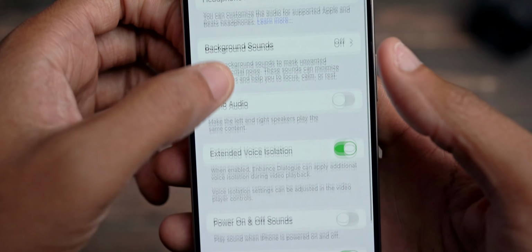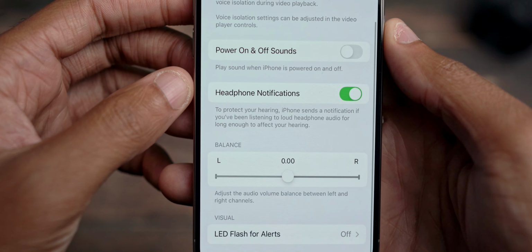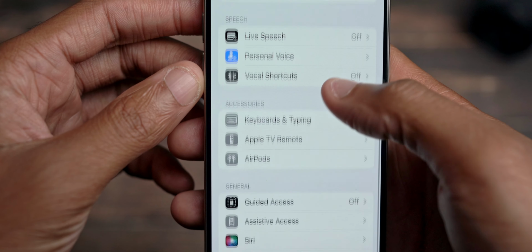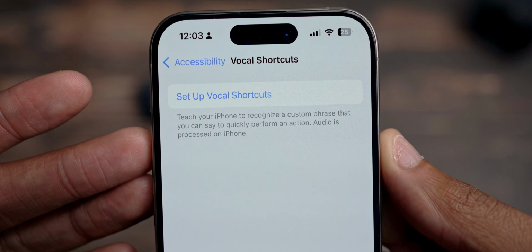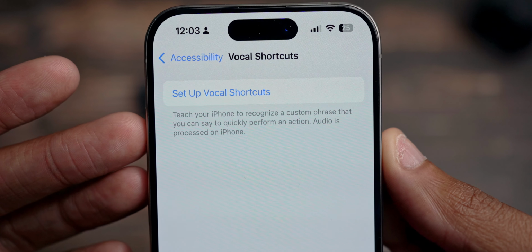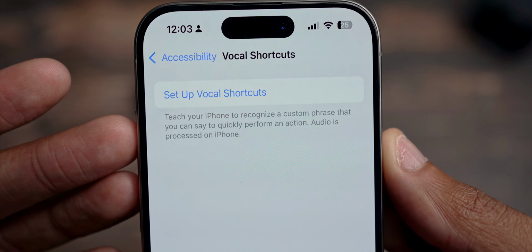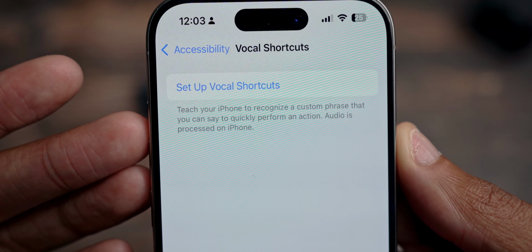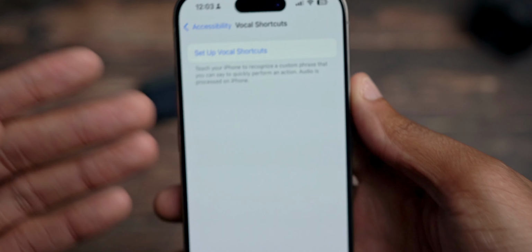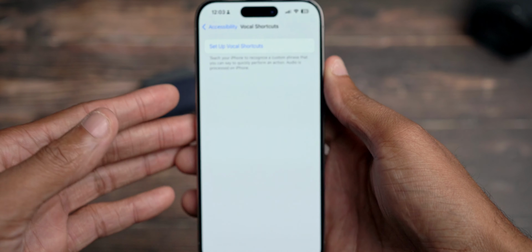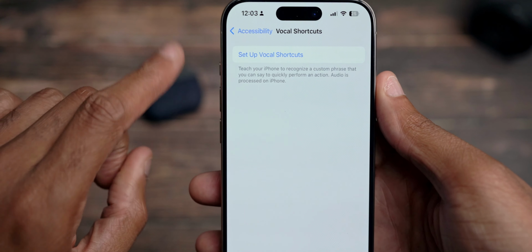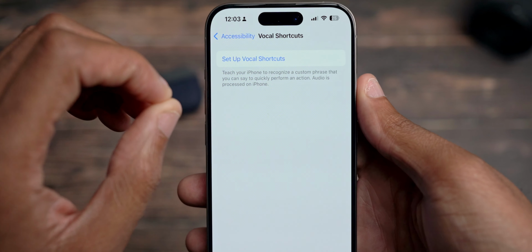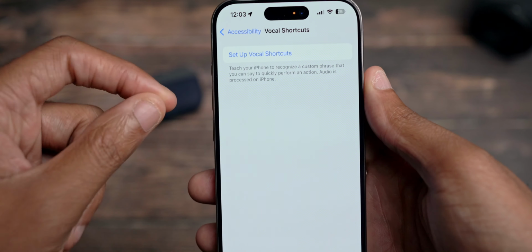We also have a few more accessibility features, and I do not believe they're in this screen here. If we swipe back, we will see that we have vocal shortcuts. Vocal shortcuts allows you to give Siri a new name. So you can teach your iPhone to recognize a custom phrase that you can say to quickly perform an action. Audio is processed on iPhone. So this is one of those machine learning, Apple Intelligence features where you're able to now give Siri a new name. The only downside is it will take Siri a minute to recognize it because you are using the Shortcuts